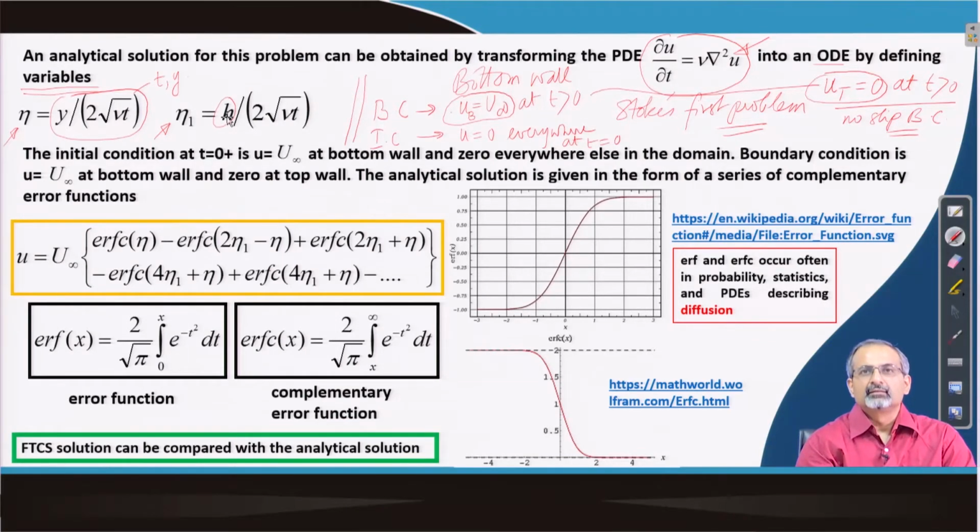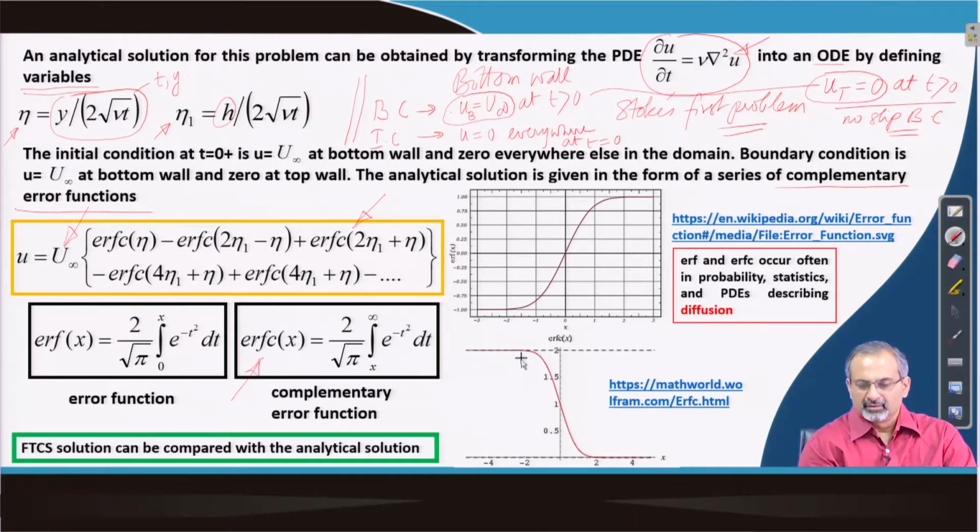Once we do that, we can show that the solution comes out in this form. So, u as a function of the distance from the bottom wall would be expressed in this form, which involves the so called complementary error functions as an infinite series. And if we briefly look at these functions, we have this complementary error function expressed as this integral,